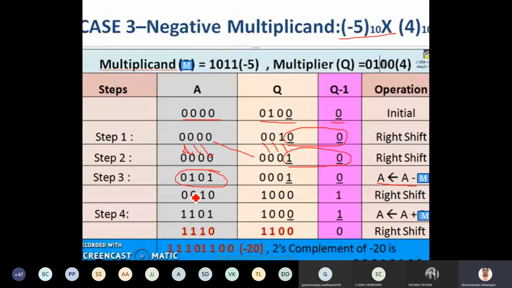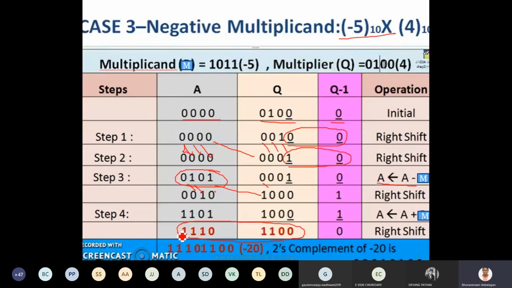Again, as we have seen in the flow chart, the loop will continue. You are going to perform the arithmetic shift operation, a right shift by 1 bit. Again, you will check the values of Q0 and Q-1, and you will perform this until the count value becomes 0. At one stage, the count is going to get 0 and I am going to end up with this. So what is the result I will get? It is going to be AQ. This is going to be the result.